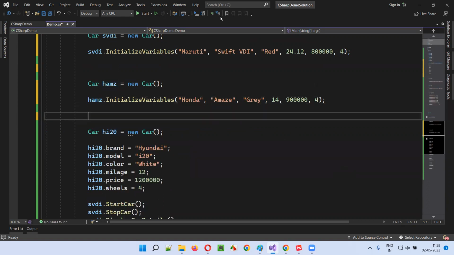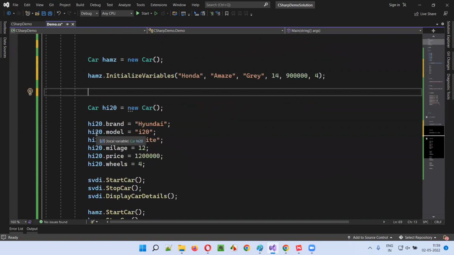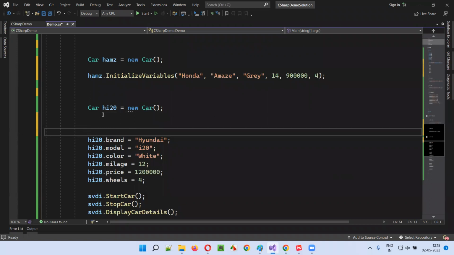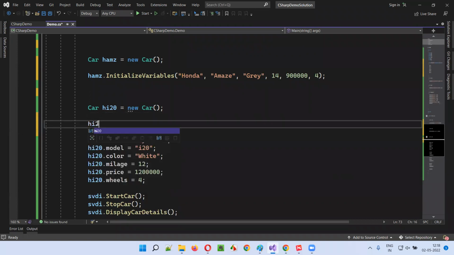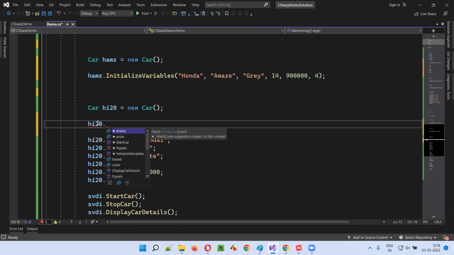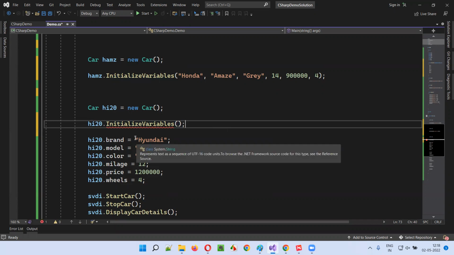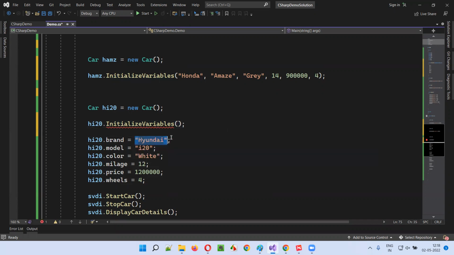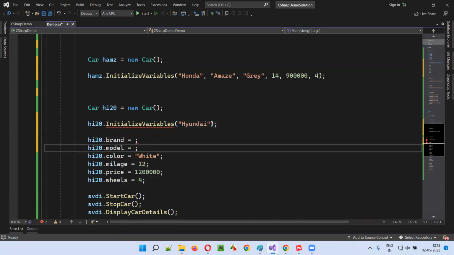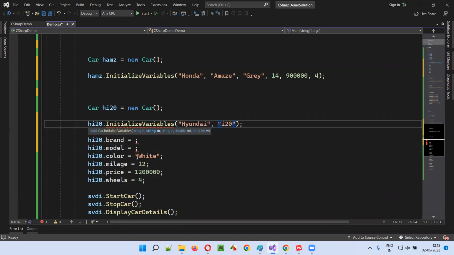Okay, remove this stuff. The third one also, the same thing. So let's write h I20 dot initialize variables, and let's pass all this data via the arguments to this method calling statement. So write from here. Third one,